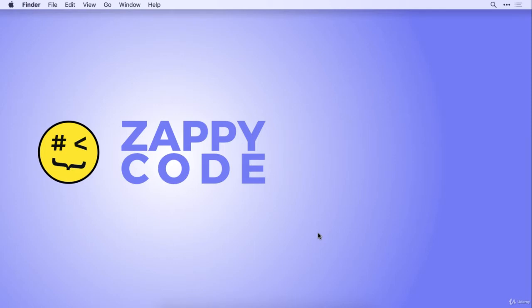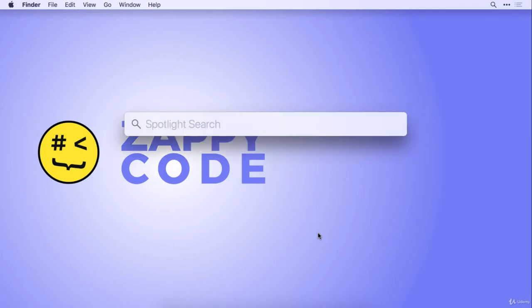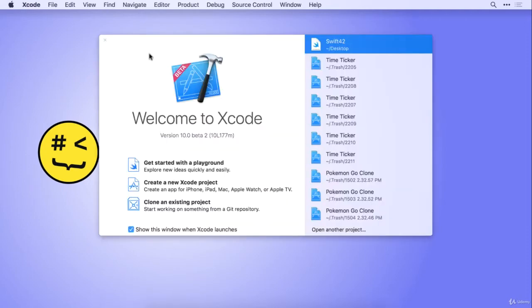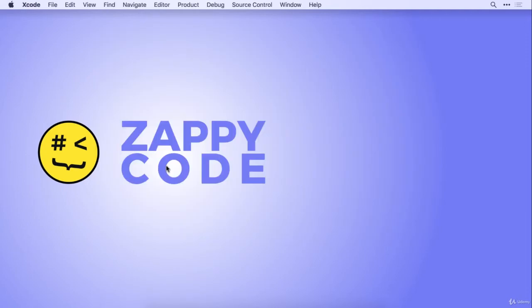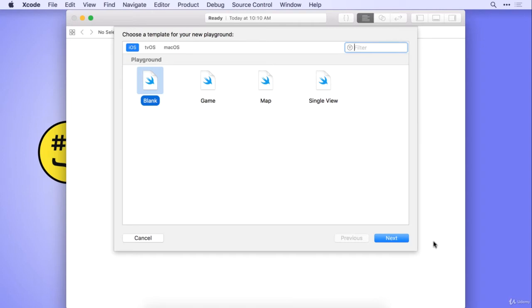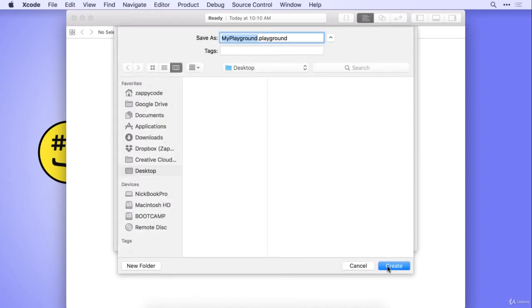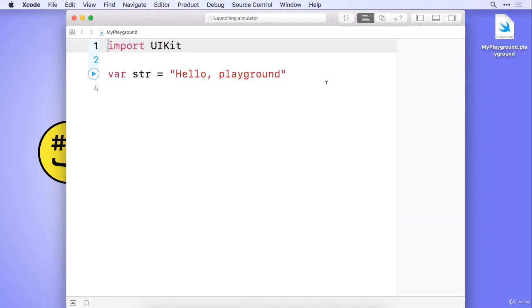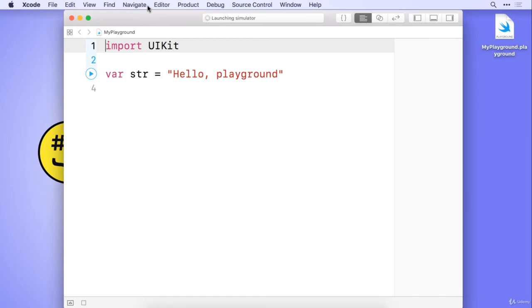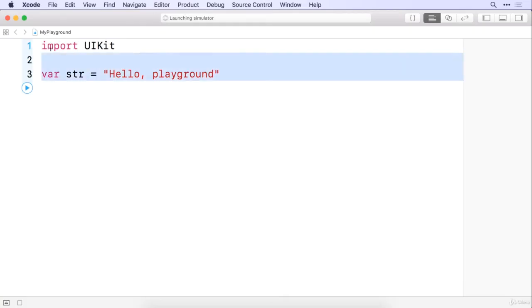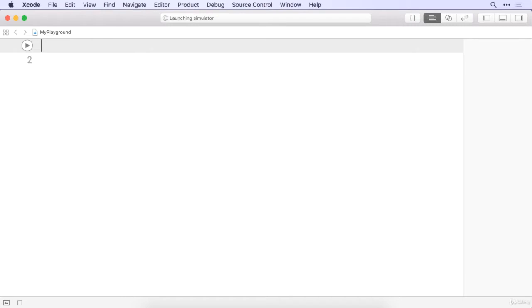So to learn these and test them all out, let's go ahead and open up Xcode. We want to create a new playground so we can mess around with all this. So I'll go ahead and pick one of those. I'm just going to throw it onto my desktop. So we want to be dealing with Swift 4.2, and the first thing that I want to be talking about